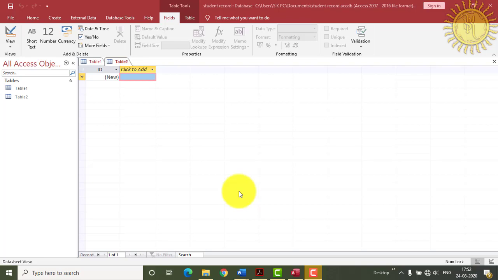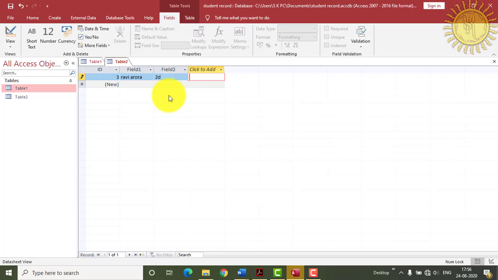Entering data using datasheet view. Let us see how to enter data in an MS Access table. To enter data, first you have to click on this cell and type any name. For example, then press the Tab key to move to the next cell and type another data.